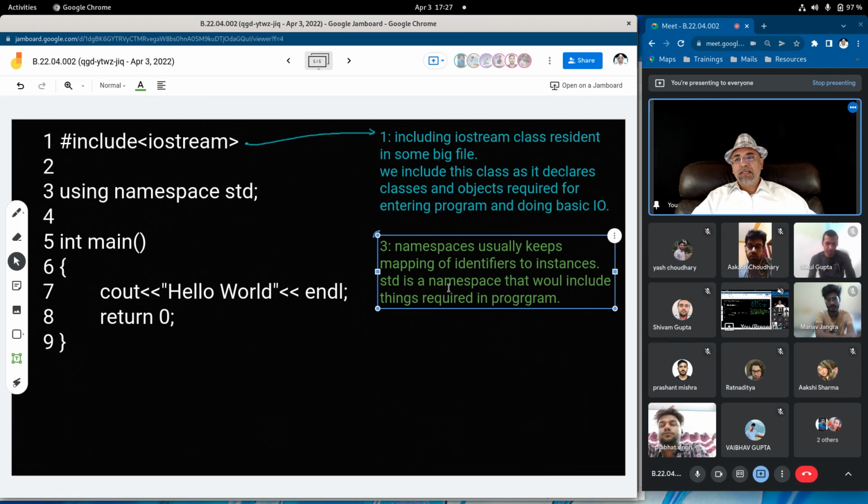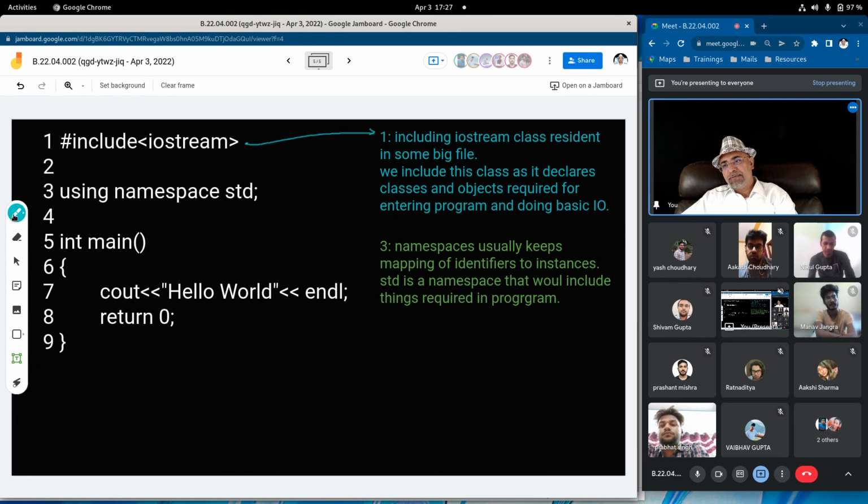Then line number 5 is the main function, which is the entry point of your program. You know that, nothing to talk about there.